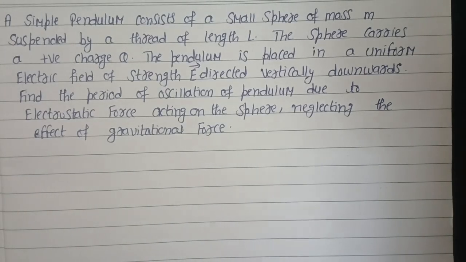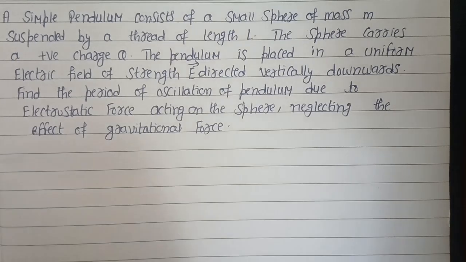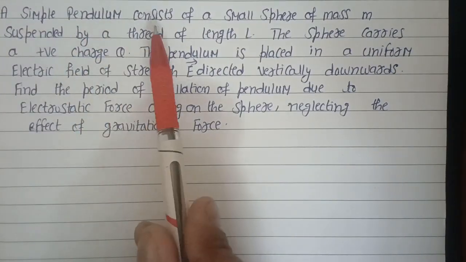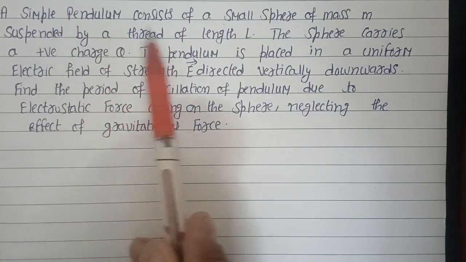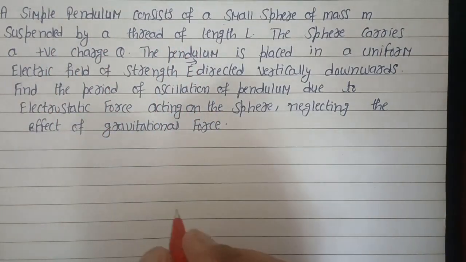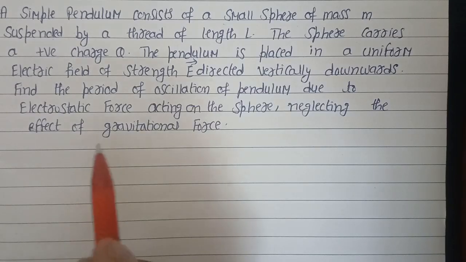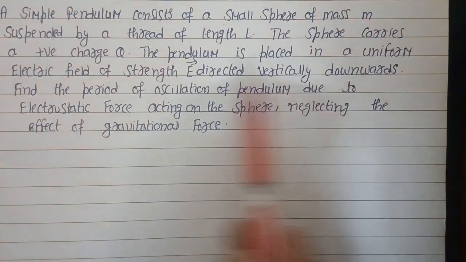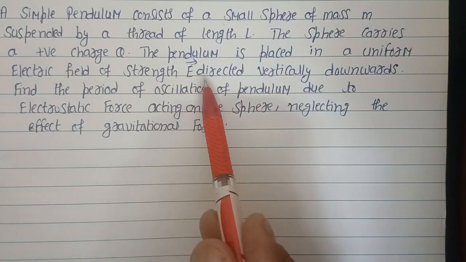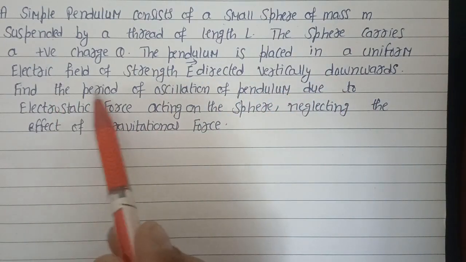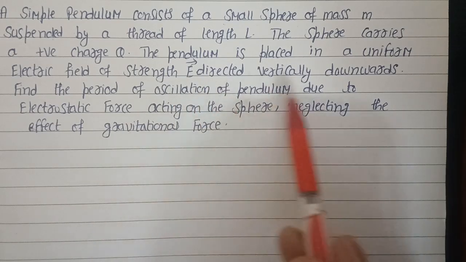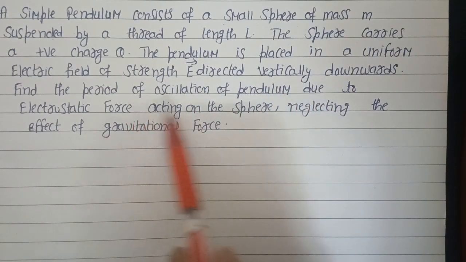So our next question is a very important question for the JEE and NEET exam. The question is: a simple pendulum consists of a small sphere of mass m suspended by a thread of length L. The sphere carries a positive charge Q. The pendulum is placed in a uniform electric field of strength E directed vertically downward. We have to find the time period of oscillation of the pendulum due to electrostatic force, neglecting the